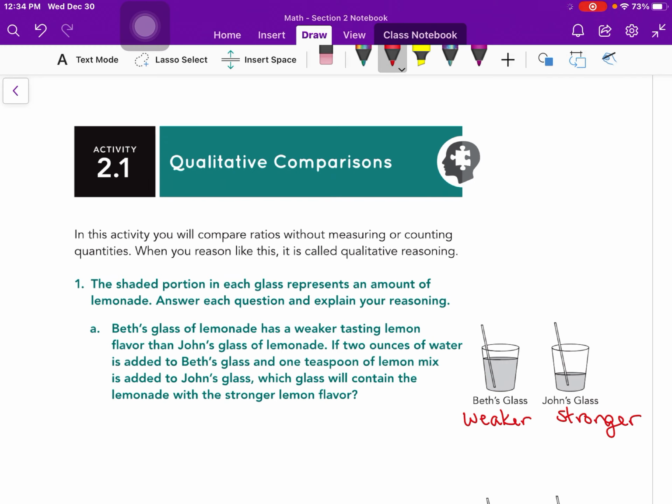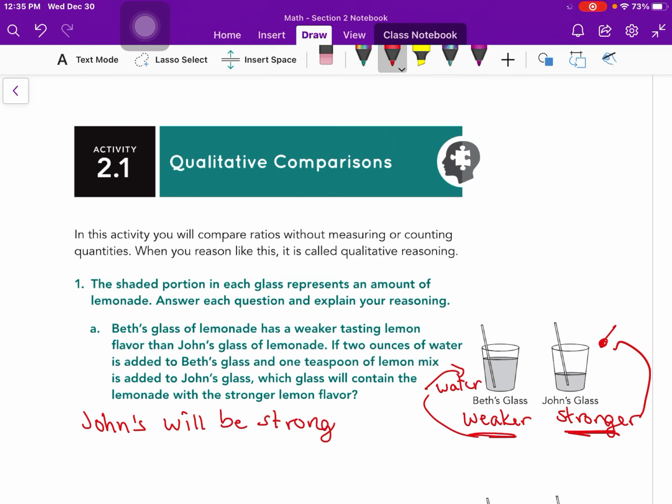If 2 ounces of water is added to Beth's, so we're going to add water to hers, and 1 teaspoon of lemon mix is added to John's, which glass will contain the lemonade with the stronger lemon flavor? Well, his was stronger to begin with. If you're adding more lemonade mix, hers was weaker to begin with. You add more water. I think John's will be stronger than Beth's because, of course, you're adding more